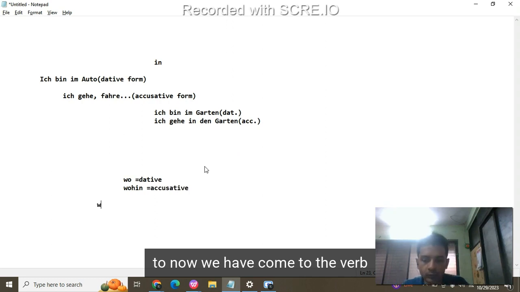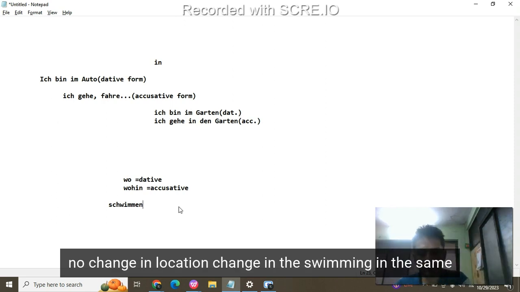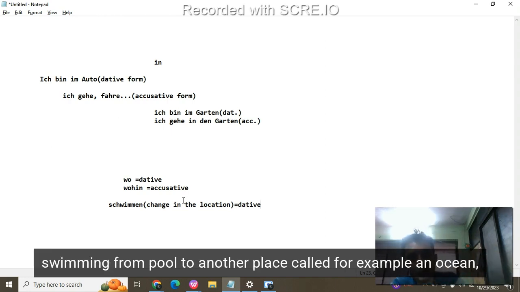So we say wo schwimmst du, and now we come to the verb swim again. What happens here? I'm swimming in the same place, in the pool. There's no change in the location. We're swimming in the same pool, so the location is in the dative form. But if I'm swimming from a pond to another place, for example an ocean,